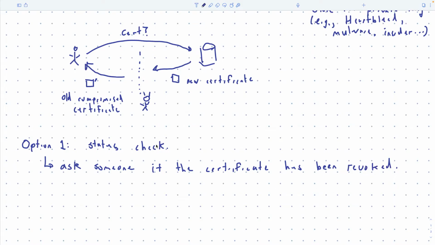Okay, now who are they going to ask? And how are they going to ask them, and what does that look like? The person that they're going to ask, they're going to find it in the certificate itself. So when you're issued a certificate, you sort of choose who you want to answer questions about the revocation status of your certificate. And by default, it's basically the CA that gives you the certificate.